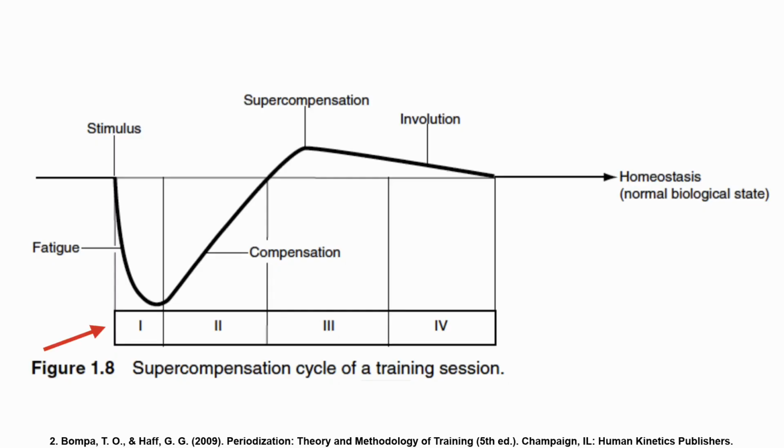Now the first phase happens directly after a workout, and it usually lasts for about 1 to 2 hours. It's a catabolic phase, and so that means it's characterized by fatigue and reduced work capacity, which probably sounds familiar, right? Because after a workout, we get tired and we probably wouldn't be able to perform at our very best. But what's really cool is that after this phase, our body begins to recover and it begins to build again.